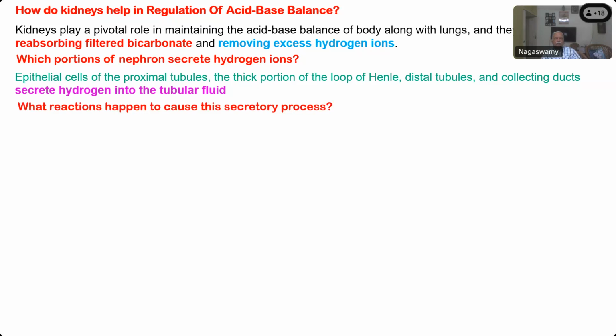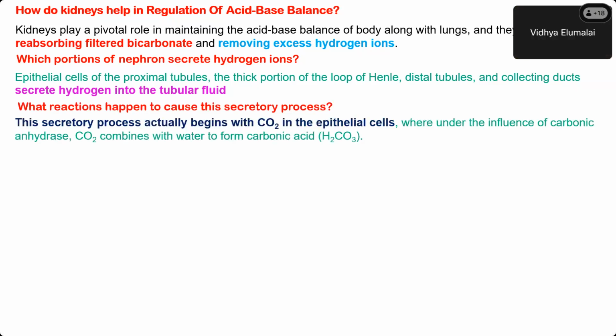Carbon dioxide combines with water to form carbonic acid. Very good. And carbonic acid is a strong acid or? With the help of carbonic anhydrase, it cleaves into bicarbonate and H+. Very good, excellent. The secretory process actually begins with carbon dioxide in the epithelial cells, where under the influence of